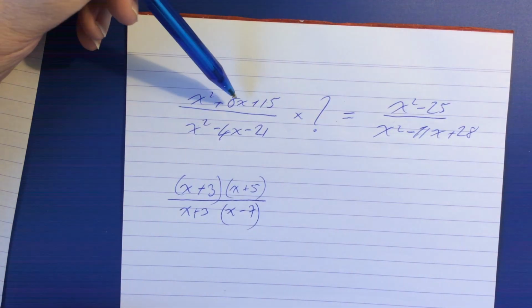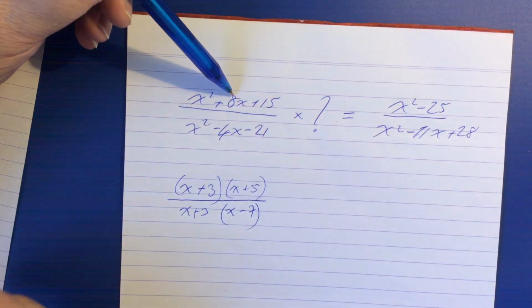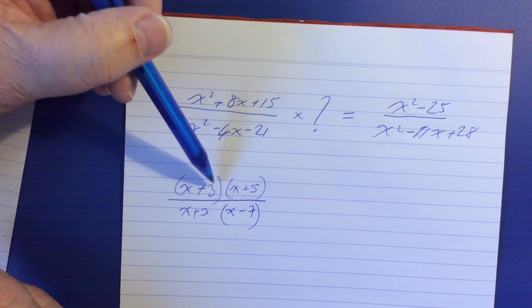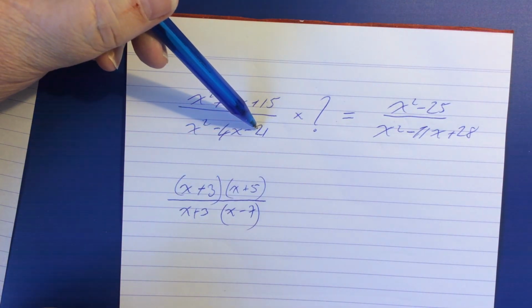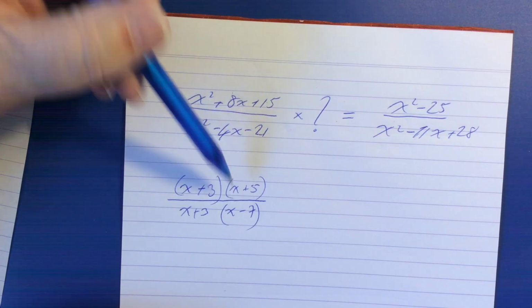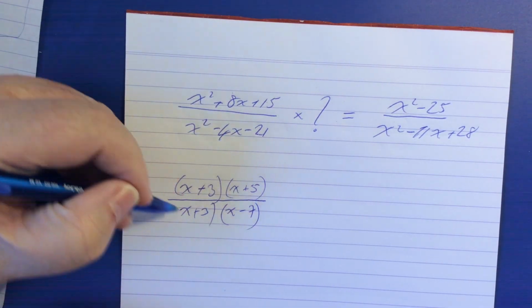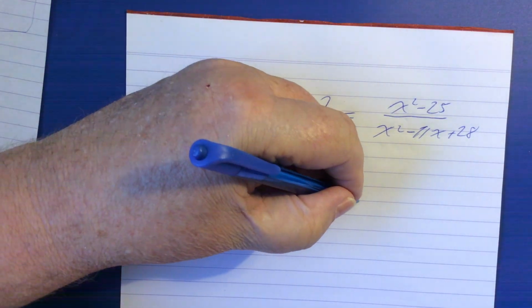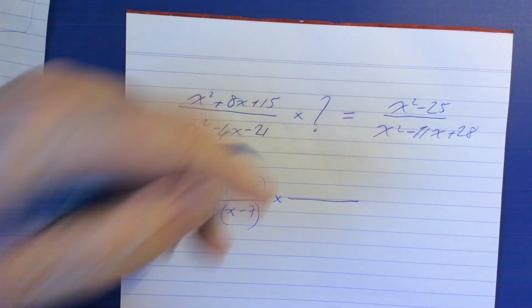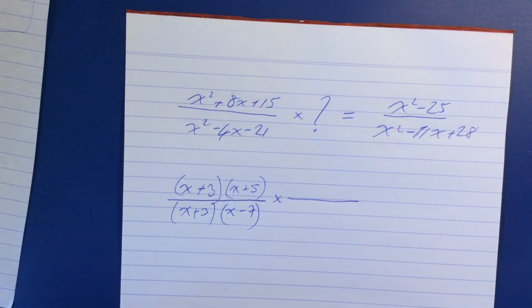So just very simply, the factors of 15 that add to 8 are 5 and 3. The factors of 21, or negative 21 in this case, that will give us negative 4 will be negative 7 and positive 3. Okay, now times something, which I strongly suspect is an algebraic fraction,